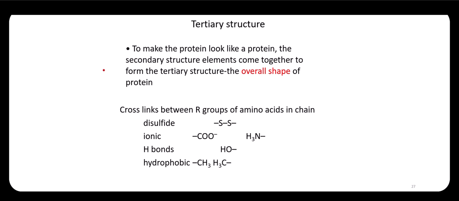Beta pleated sheet, they're going to stick up, stick down, wherever to get out of the way. Again, molecules like elbow room. So then, whatever R groups come in proximity of each other and want to form bonds, cross-links, whatever, they might just do that. So if I have a couple sulfurs, I might form a disulfide linkage. Might still have ionic interactions, hydrogen bonds, hydrophobic interactions, hydrophilic interactions. So basically anything that can form will